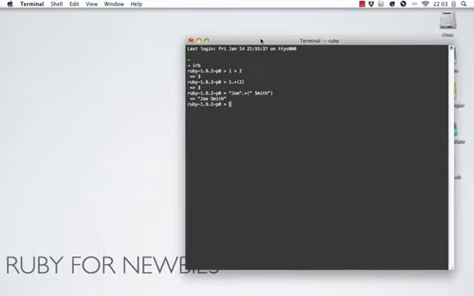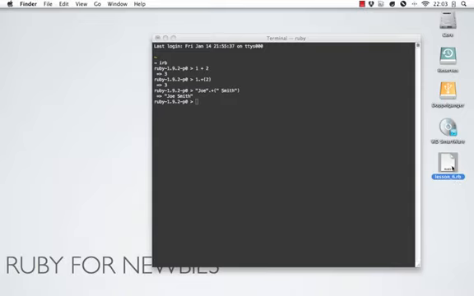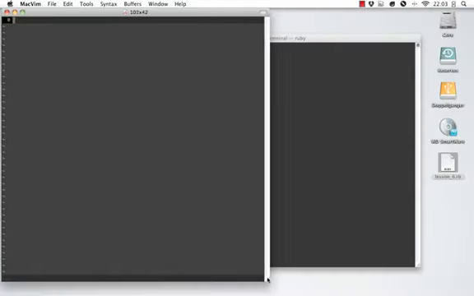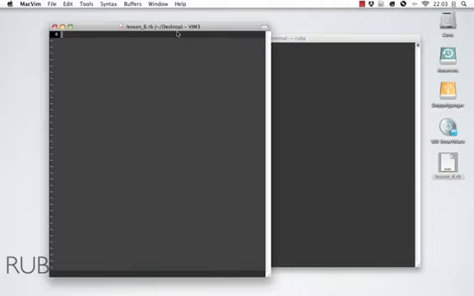So let's move the terminal over to the side here. I've got this lesson 6 Ruby file here on my desktop, which is an empty file. And here we'll just open this up in Vim. And let's get to work. So what we're going to make here is a fridge class. And we'll define the plus and minus operators to mean adding something or taking something away from what's in our fridge. This is just a silly example that can help you get your head outside of the box on how exactly you might use plus and minus and how we can define them to mean whatever we want them